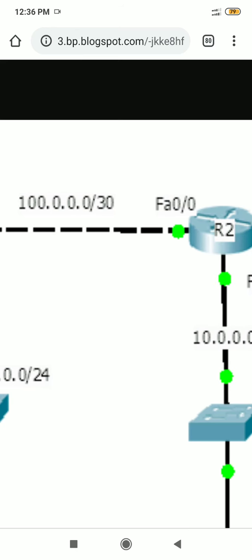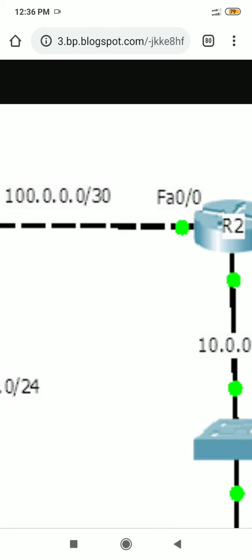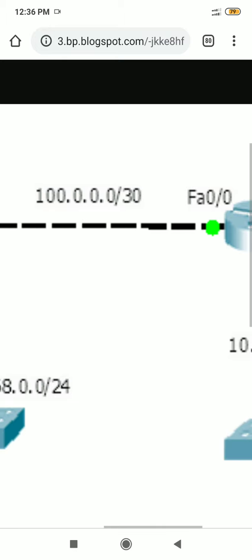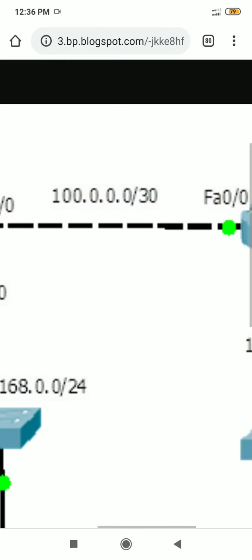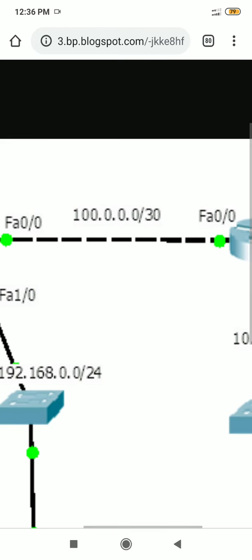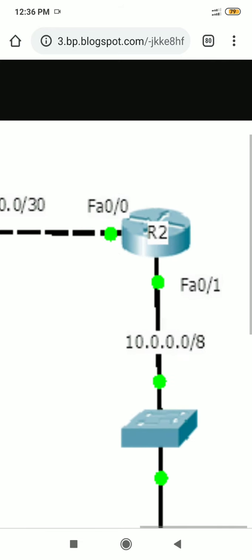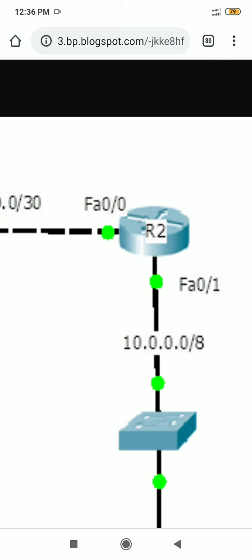Similarly, at the right side you can see the same name of the interface, that is FA0/0, but these two interfaces at both ends will have different IP addresses. Then router R2 has two interfaces. First one is FA0/0 and second one is FA0/1.